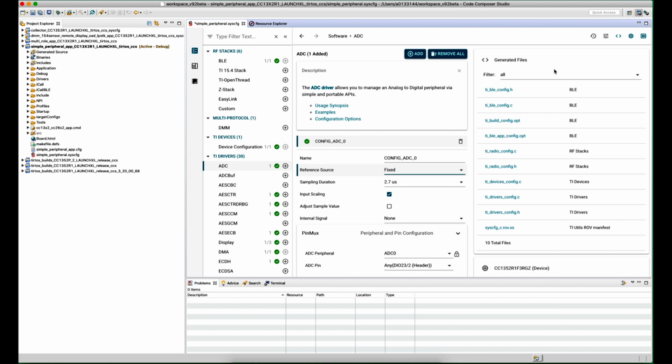Definitely, and there's a few other features that I can touch on that maybe explain that a little further. One of which is this code preview view. So this is a pretty complex example. This is a Bluetooth simple peripheral example. So if you're trying to create a phone accessory that talks over Bluetooth, this might be a good example to start with. And you'll see that SysConfig is actually generating all of this code that you otherwise would have had to hand manipulate before the existence of this tool.